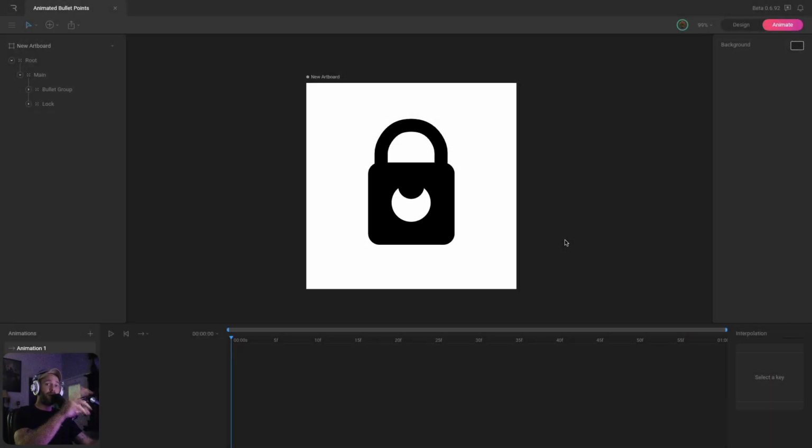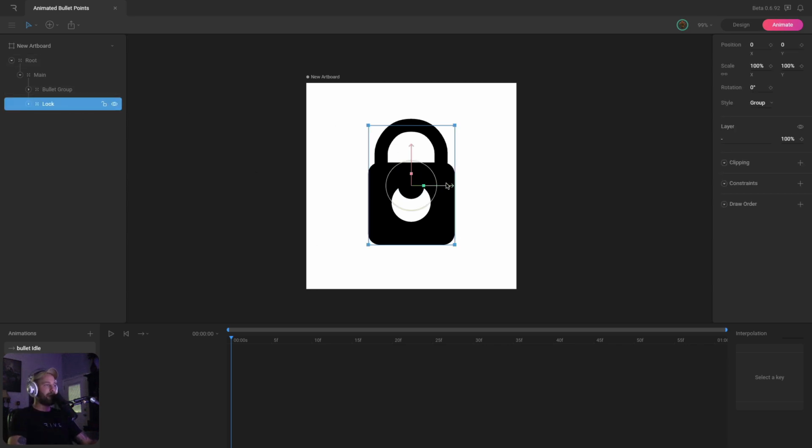Okay, so we're in animate mode and we're ready to get this thing going. So what we're going to do is start with the bullet point idle animation. So let's go ahead and rename our animation here, bullet idle. And what we need to do is set the bullet point up in its idle position. So to do that, we need to scale the lock group down